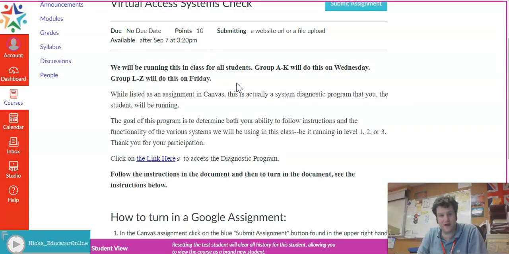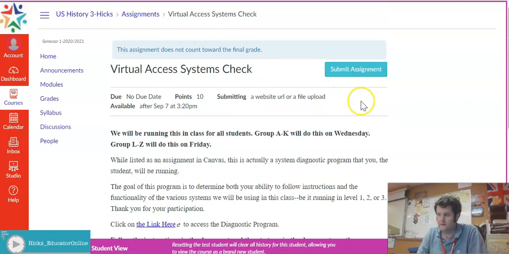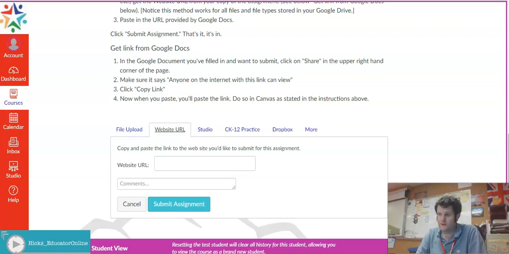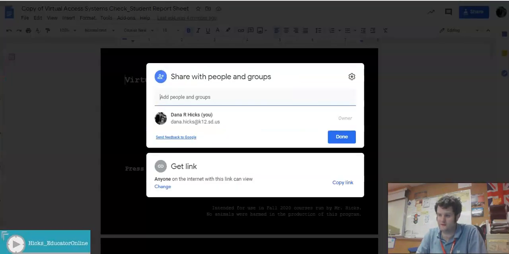Anyways, let's imagine for a second that we've completed the assignment and it's time to turn it in. If you click Submit Assignment, it'll open this up. Now it goes immediately to file upload. Depending on the type of thing you're submitting, it might be that, but the assignment that we just did is in our Google Drive. So we're going to need a website URL. And what you'll do is go back to the assignment